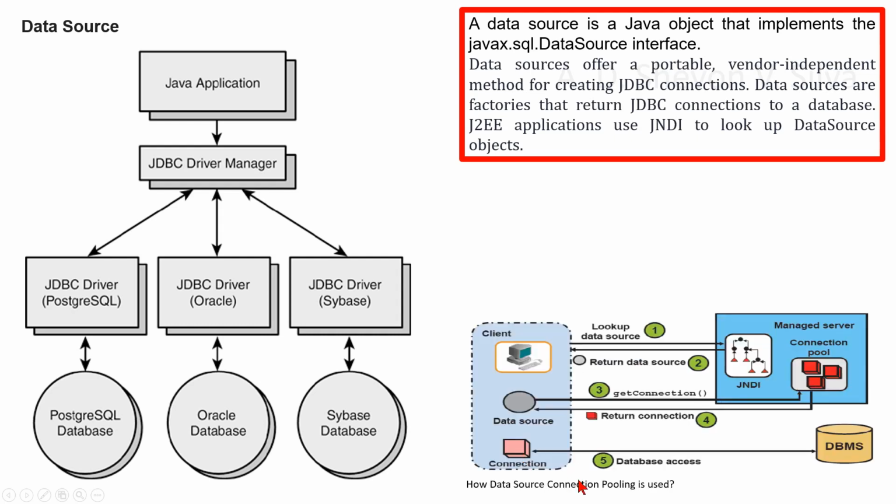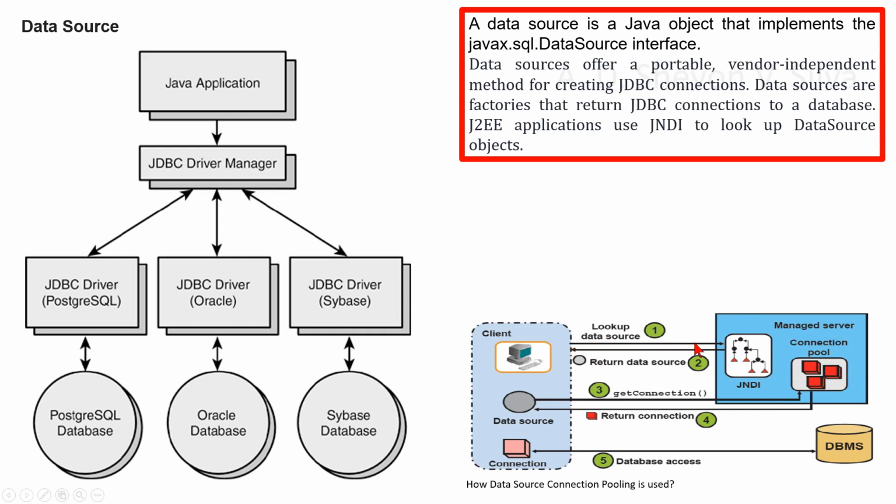Here you can see how data source connection pooling is used. Here you can see the client, data source and connection. And here JNDI and connection pools are inside the managed server. Here is step 1, the client